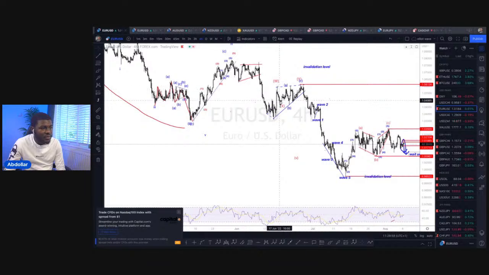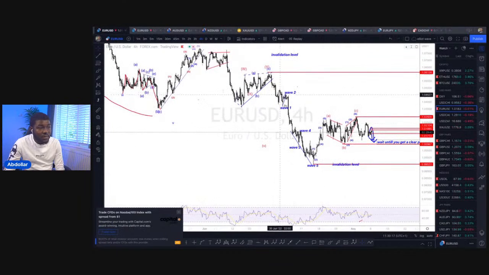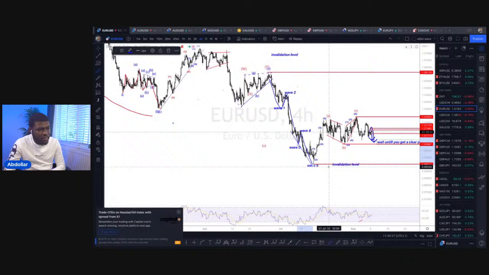Also, we identified it earlier. Actually, at first I thought the correction had ended here. We had a sell position here, which we closed there, and there was another zigzag to the upside, making WXY a complex correction that ended. After that breakout, we saw a massive pull to the downside, though I missed out on that push down. So that push down gave us 5 impulse, which I noted on the chart there. This is wave 1, this is wave 2, wave 3, wave 4, and this is wave 5